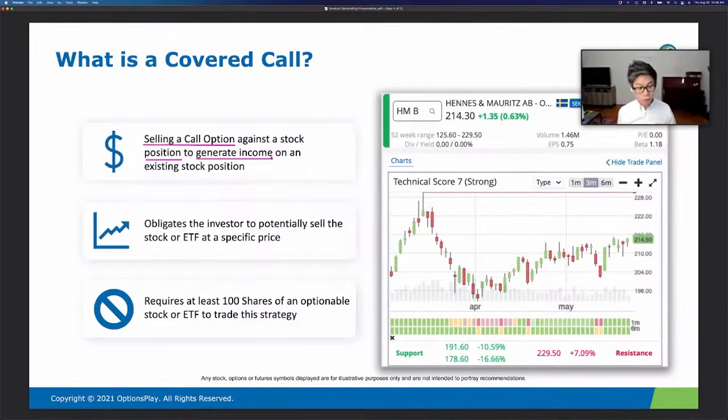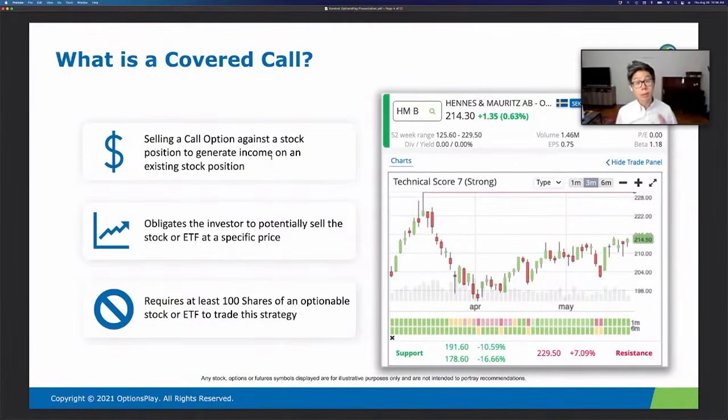The difference between the two is that when you sell a covered call, you get paid premium, or the buyer of the call option is paying you premium. That's your income. Versus if you place a limit order, you're not paid any income at all. So when you think about a limit order and a covered call, same obligations, but one pays you income and one you are effectively getting paid nothing to wait for the stock to rally.